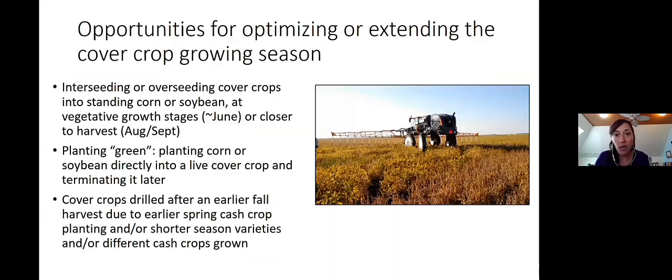So if we think about that framing with cover crops, right, we know that there are a number of opportunities that, again, you may already be working on, researching or doing on your own operations. And there's many ways that people can do this with cover crops, right? But what I want to focus on today is this third option and this particular project that my team worked on, right? So we know that people are interseeding or overseeding during vegetative growth stages of corn in particular, or closer to harvest. We know that people are planting green, growing cover crops, planting cash crops into standing cover crops, right? Terminating them later. But this last point about, if you could plant earlier, what's the opportunity that you might have, and what are some of those trade-offs that might occur with shorter season